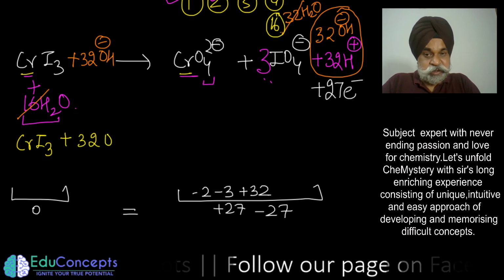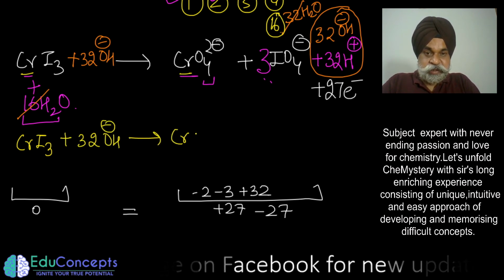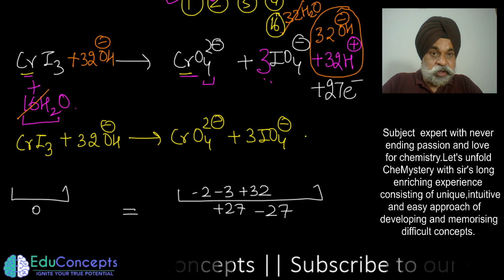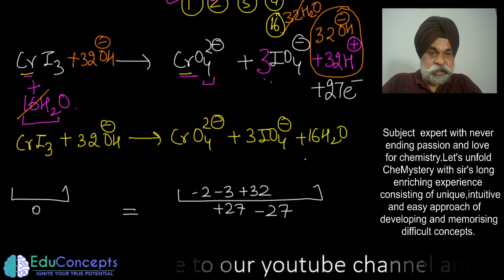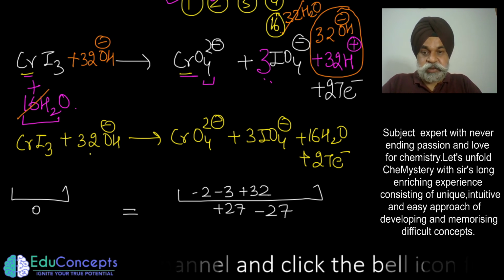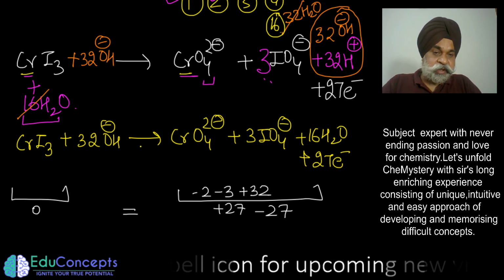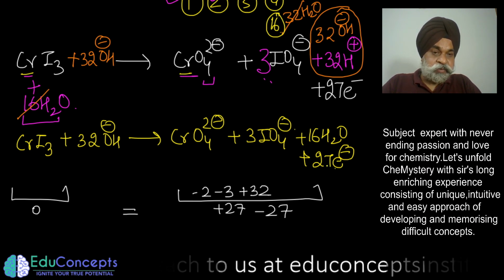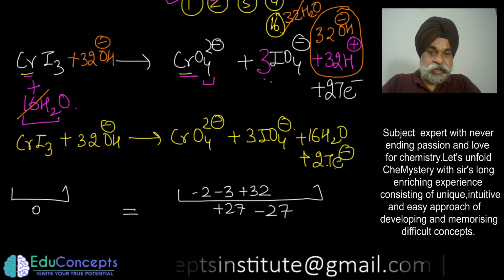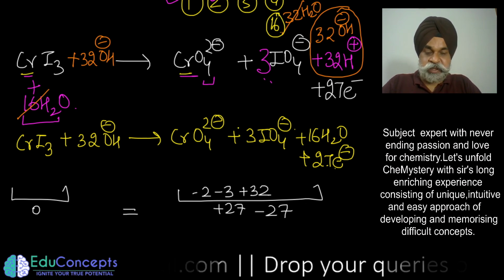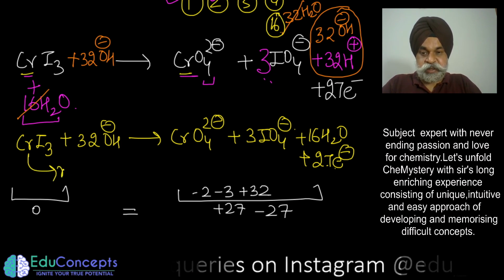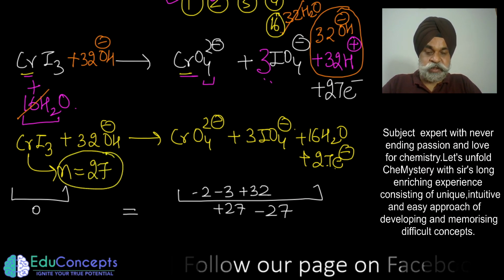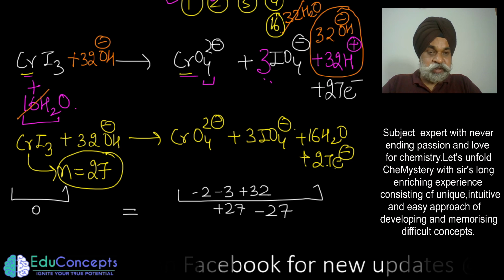So let us check that everything is okay. So this is the case. So how many water did we get? It's 16 water and 27 electrons. So you have 32 negative charge. So I need to get 32 negative charge on the product side also. So 27 and 3 is 30, and 2 negative is 32. So the charge is perfectly balanced. Everything is balanced. So the N factor here is how much? The N factor came out to be 27. That is, 1 mole of this is undergoing or losing 27 electrons.